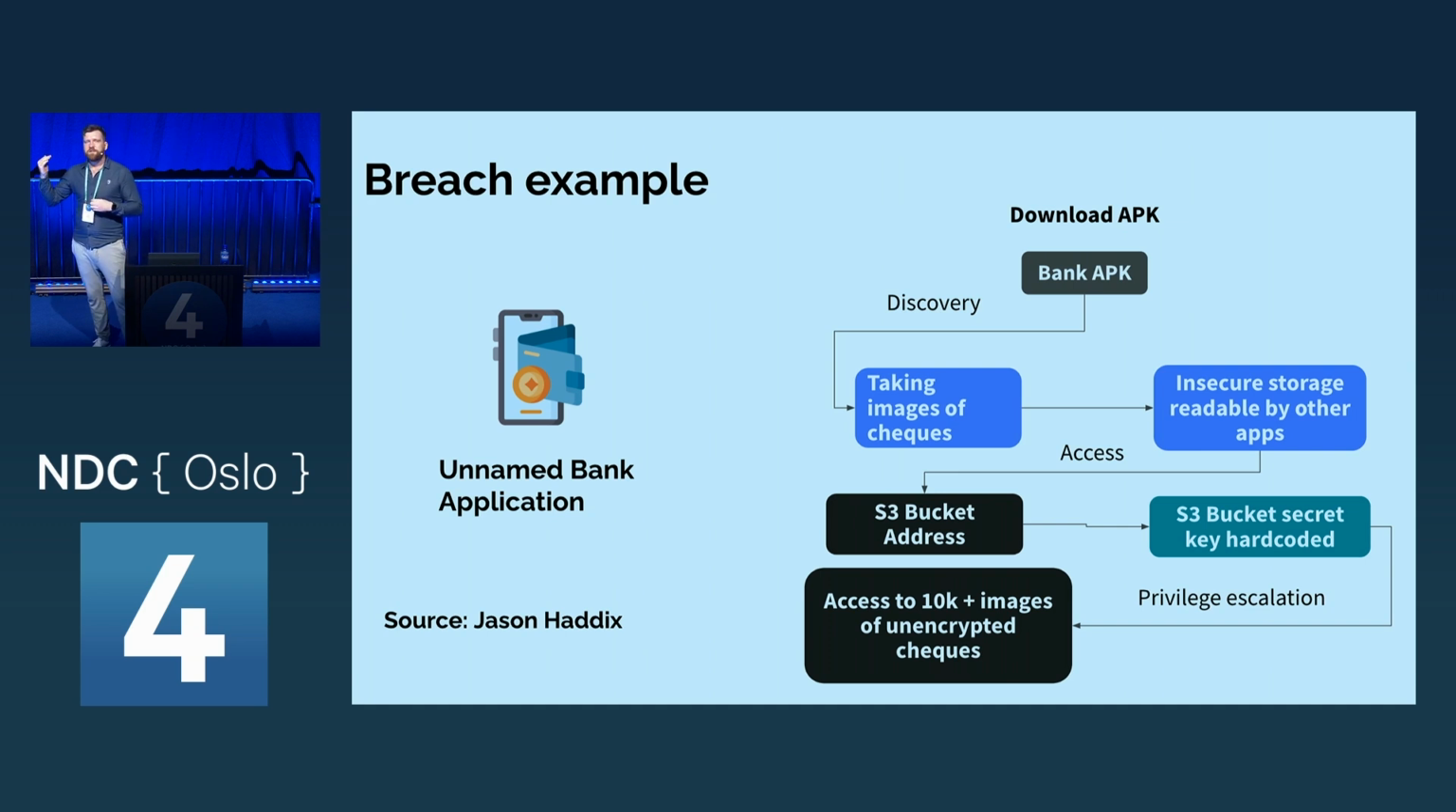He then started scanning that application for secrets and found a hard-coded Amazon S3 bucket access key. So this just gave him access to that bucket. That happened to be the bucket where these checks were being stored. He accessed that bucket and found 10,000 images of checks that were unencrypted from customers of this bank. So this is a real-life example of a pretty significant breach of lots of information that happened because of hard-coded